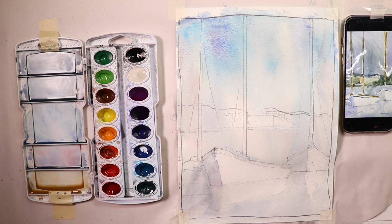And we'll work with it because it's not too bad for this type of painting, actually. The paper's a little buckled, but I don't think it's going to be difficult to work with. So I think the first thing we're going to do is the masks, because the paper is now